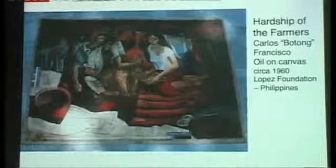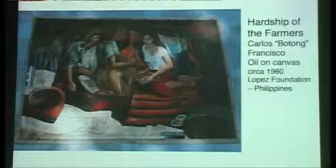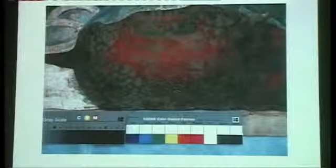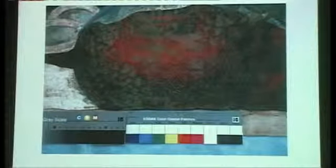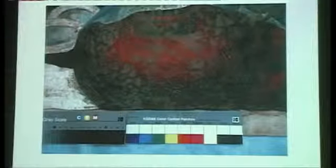This is an unusual case. It's called The Hardship of the Farmers by a Philippine painter, Carlos Botong Francisco. It's oil on canvas, circa 1960, and the painting is not finished. The lower part shows the grid, and as it was not finished, somebody decided he wanted to integrate this lower part with the other image and applied thick layers of dust and dirt, actually soil, as binding medium. He or she chose organic glue, and this strong medium created traction cracks and covered the original